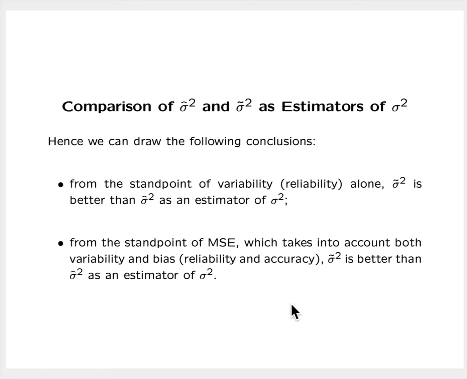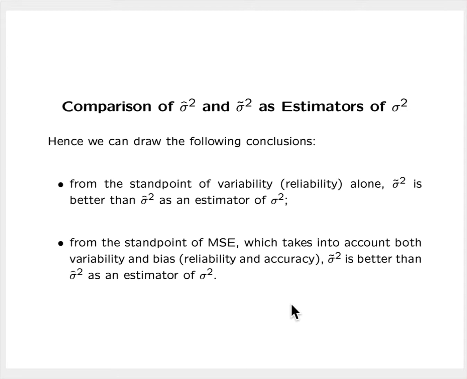What I want you to think about is, if the biased version of the sample variance is a better estimator of the population variance than is the unbiased version of the sample variance, then why in elementary textbooks and in elementary classes do we insist on using the unbiased version of the sample variance? In other words, the version with n minus 1 in the denominator. So I want you to think about that and see if you can come up with a rationale. But this is a good example to look at